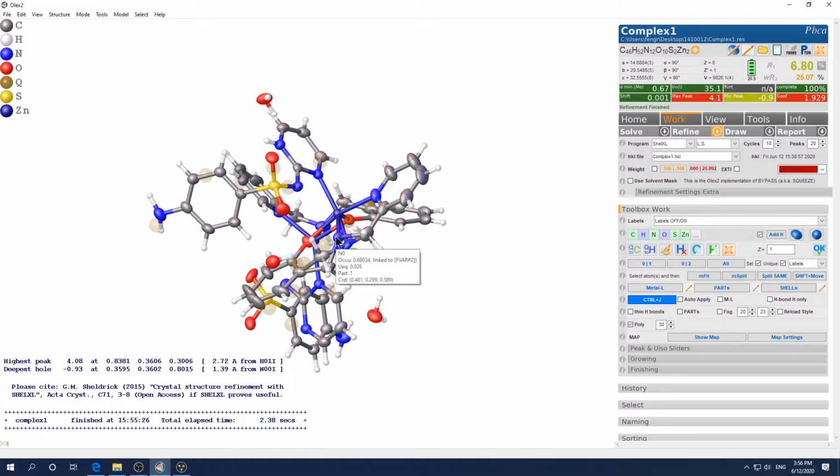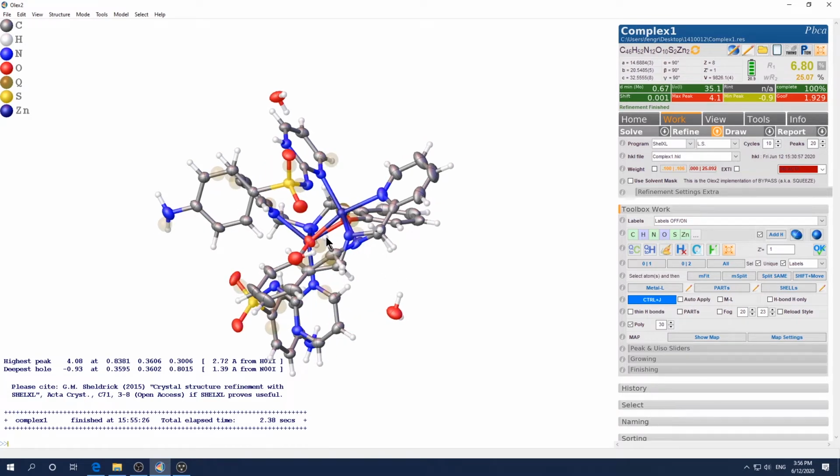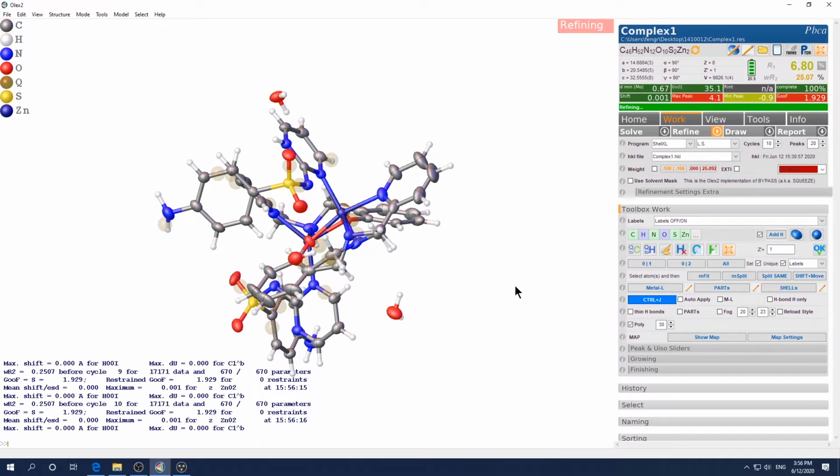1 minus that 32 is 68%, and this should be the same occupancy, and the hydrogen are tied to the carbon. Let's see. Yeah, it's tied there. Good. So this is a correct chemistry model. And the next,